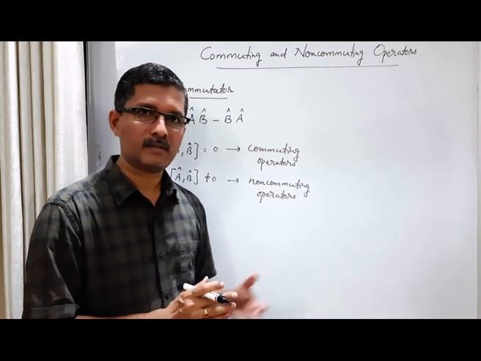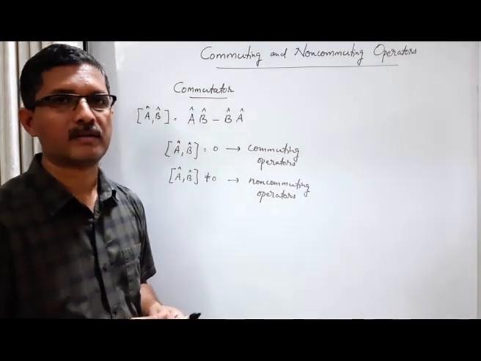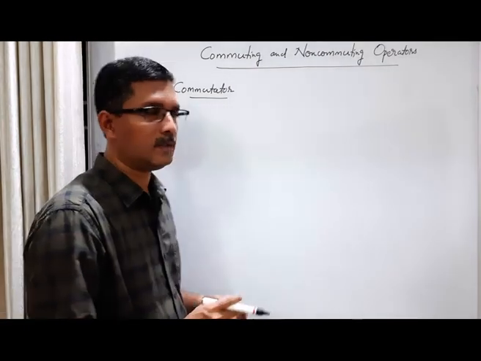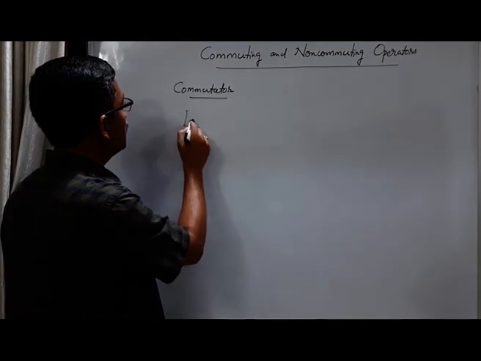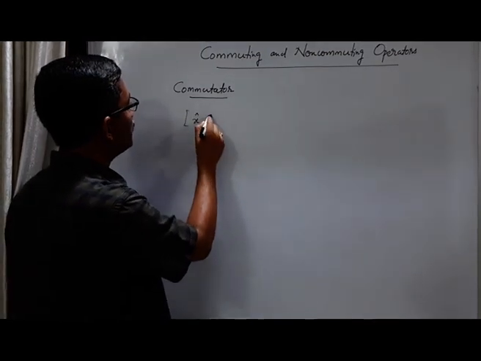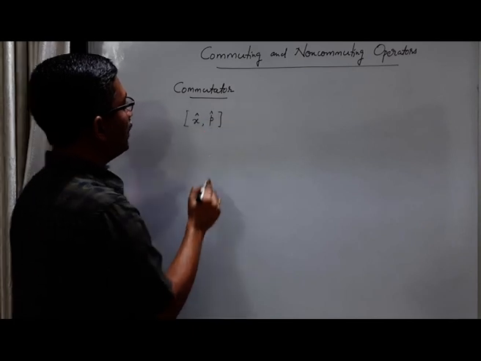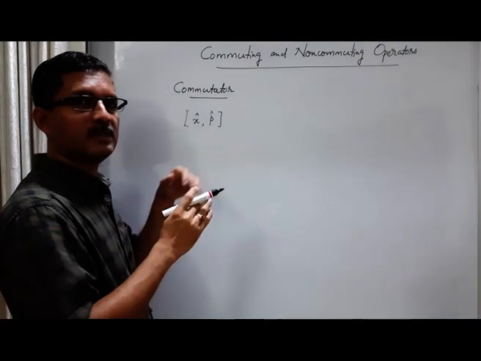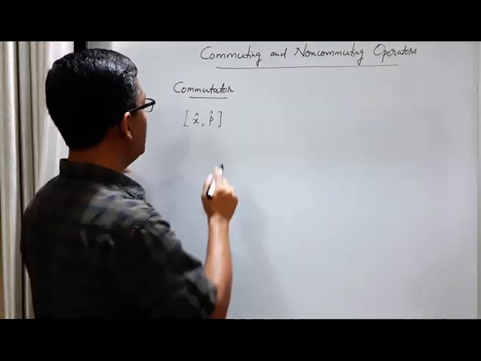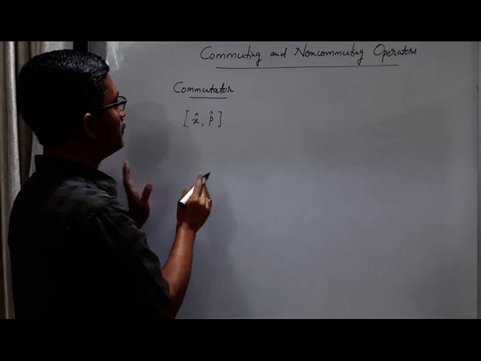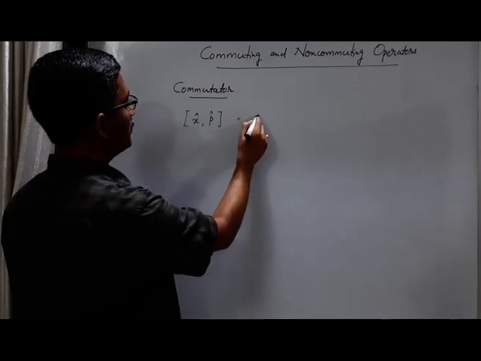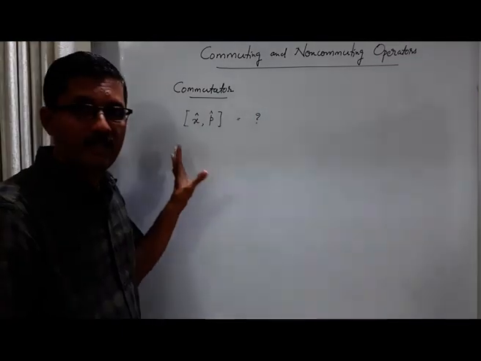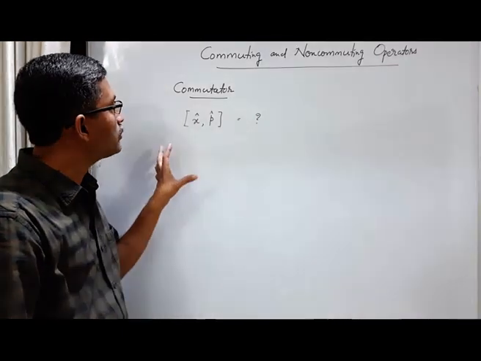So let us try to calculate the commutator for position and linear momentum operator in a general state. So what we want to calculate is [X, P]. I am not using the suffix Px. Actually this is the linear momentum operator along the x direction, one-dimensional case. So we want to calculate what is this quantity. What is the commutator [X, P]?